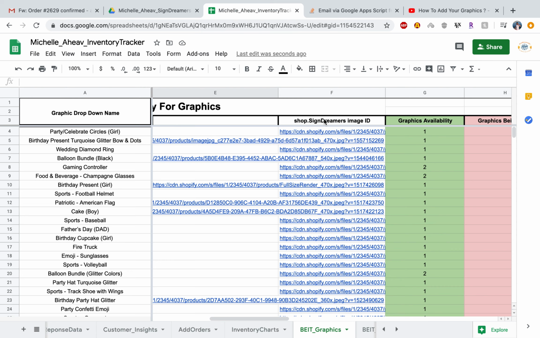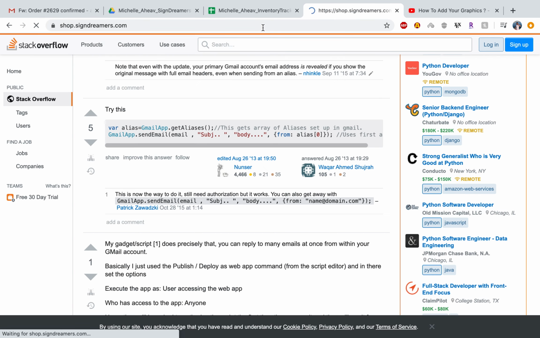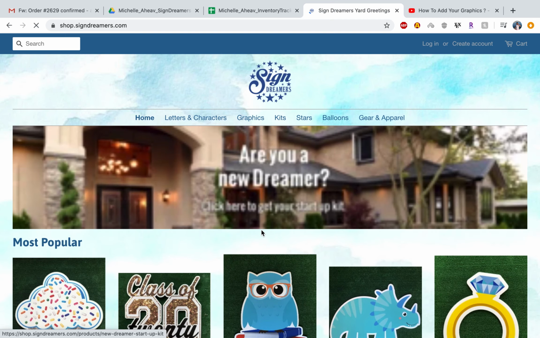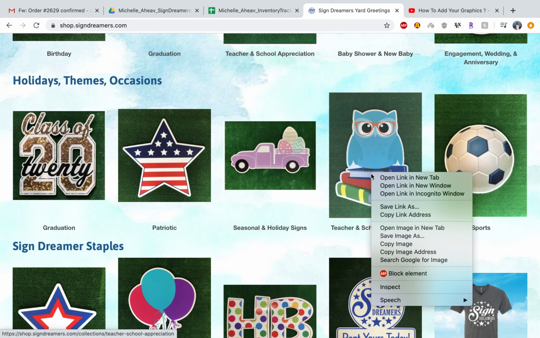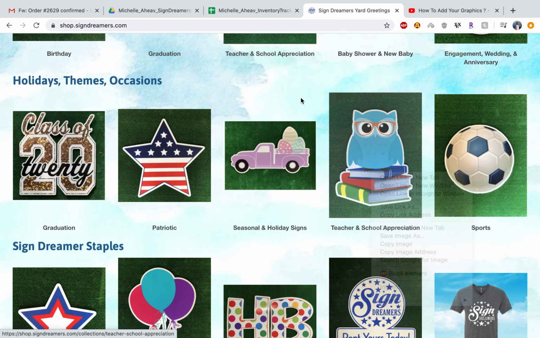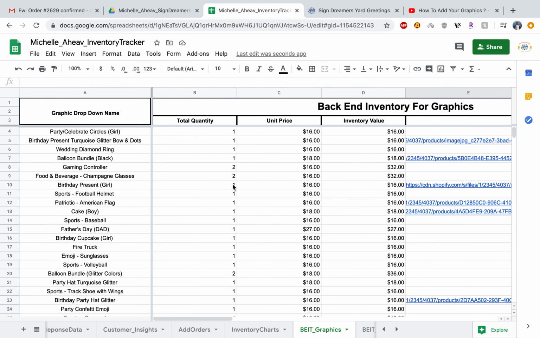So you could do this one of two ways. You could either go to the shop.signdreamers website. So if we came into shop right here, and we go ahead and just look at whatever image we're doing, you could just right click on the image and click copy image address. Whenever you see a picture, you can copy its image address, and you want to paste it in the corresponding